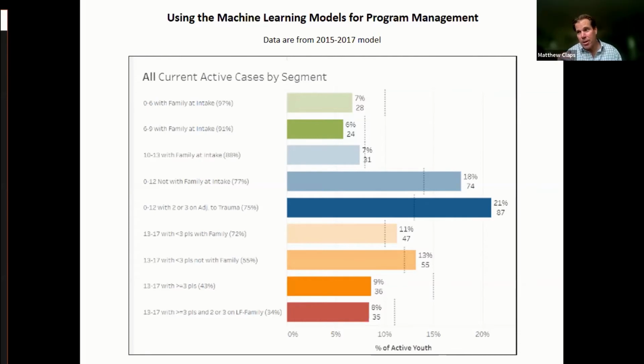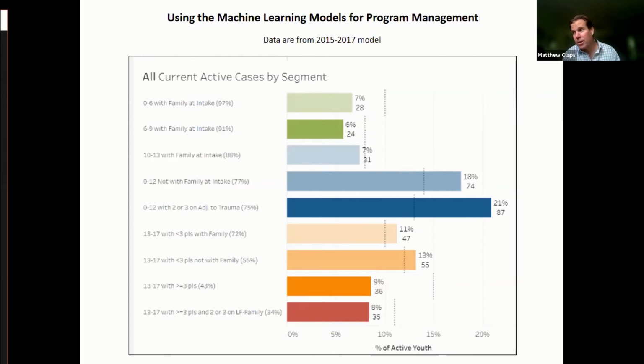As opposed to down at the bottom of the graph, there are 13 to 17-year-olds, which historically has been part of our target population. The number of youth that we've been serving that fit those categories has actually been decreasing over time. So again, as a program manager, as we see the shifts in our caseload distribution, it helps inform us in terms of how we want to allocate our resources and how we're prioritizing different practice initiatives or improvement initiatives